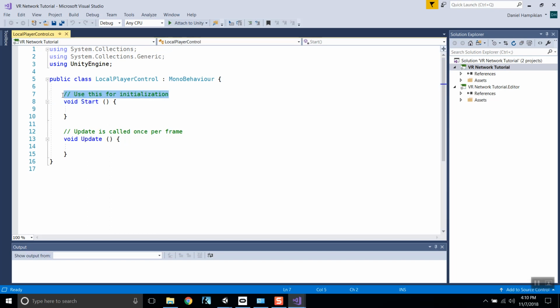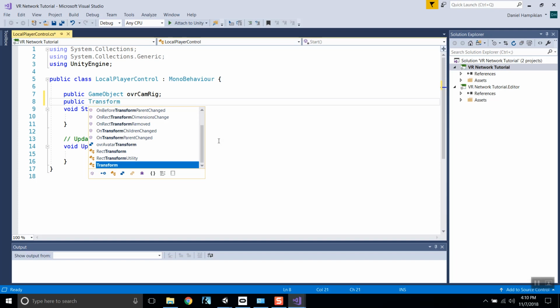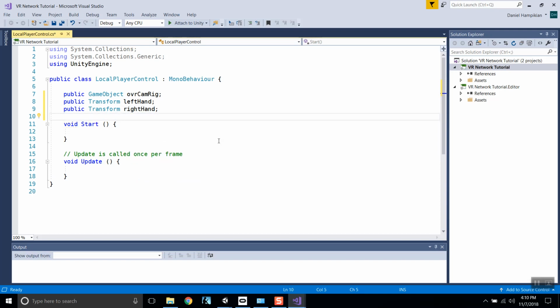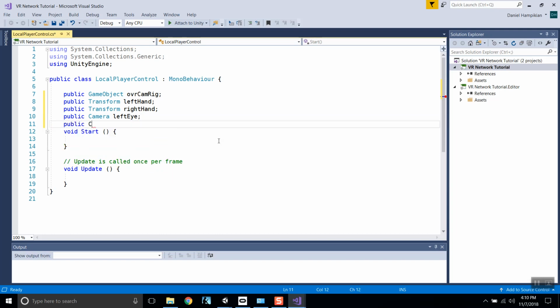Alright, so the first thing we're going to need here is a public game object, OVR camera rig, a reference to our camera rig, and then we want a public transform, left hand, public transform, right hand. So those will be our hands. We need a public camera, left eye, public camera, right eye,